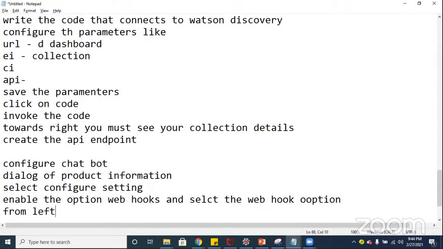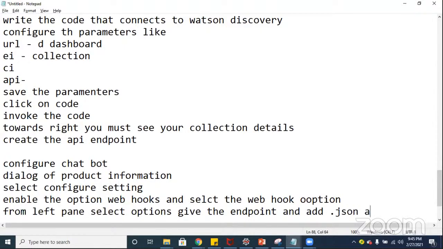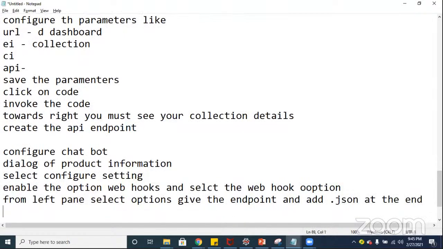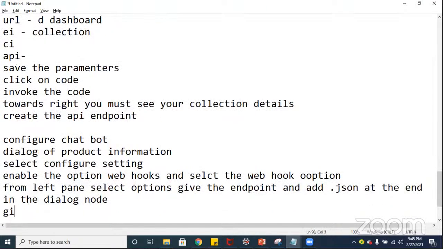From left pane, select options, give the endpoint, and add .json at the end. Afterwards, in the dialog node, give the input parameter, and I'll just put all these questions in the